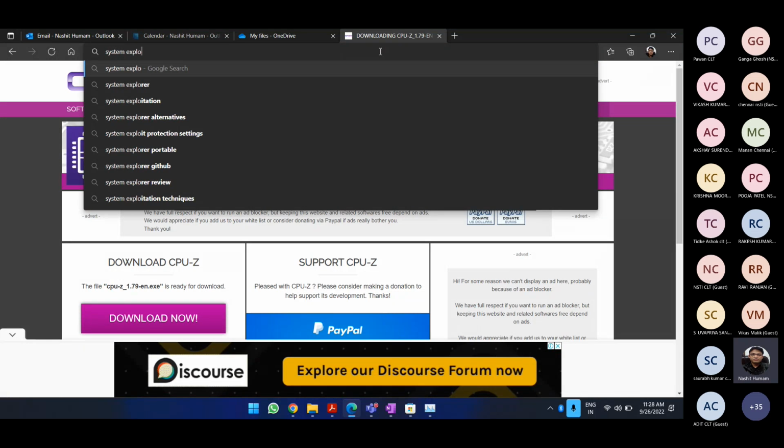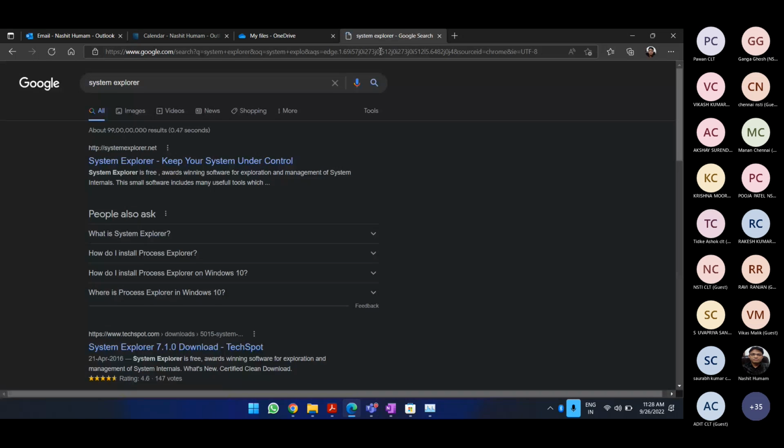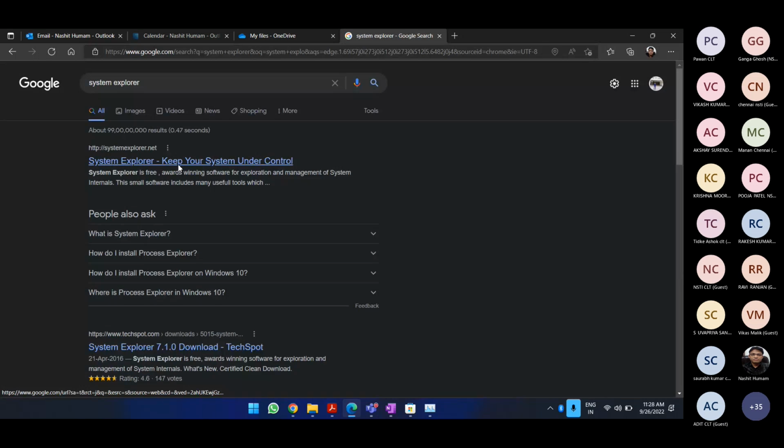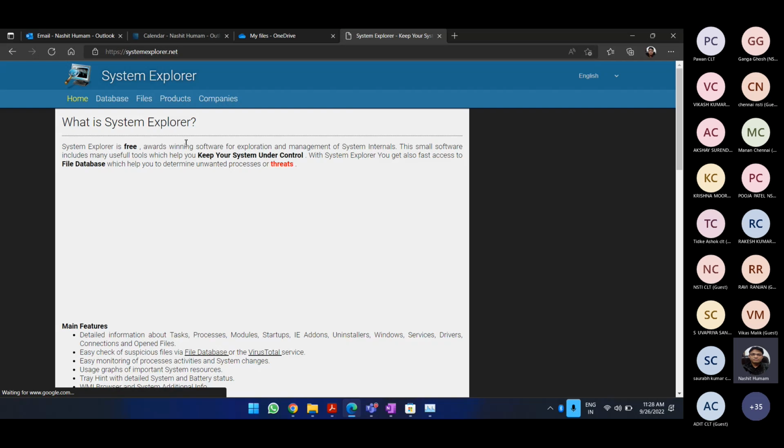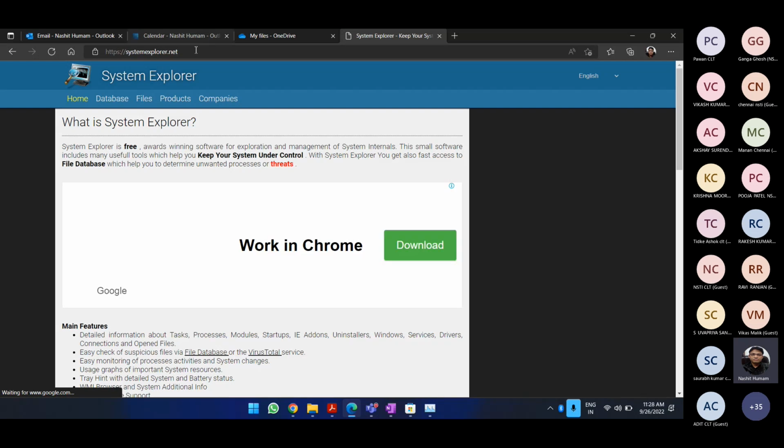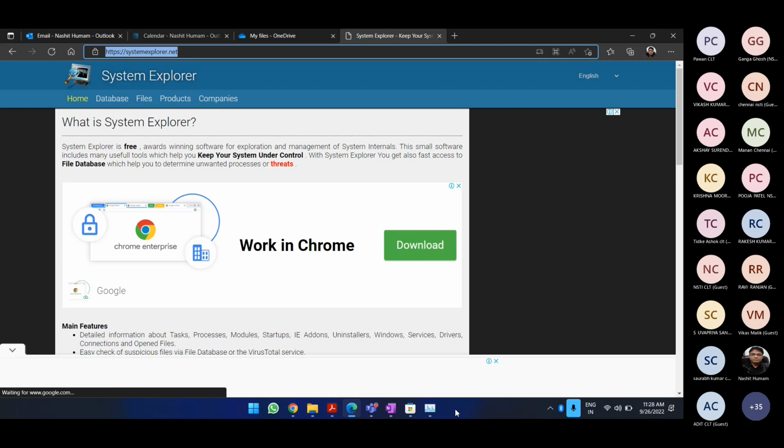System Explorer, keep your system under control. Now let me share the link with you.